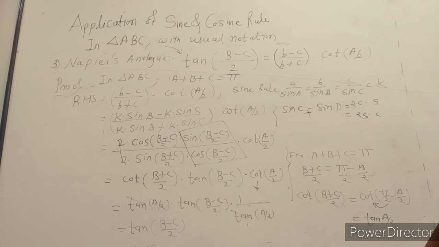This type of question was asked in previous year board question papers for 3 marks. At present this topic is eliminated from your syllabus, but from the point of view of competitive tests, we learn this topic, and it is a very easy topic to understand. In the next period we will see some examples on the sine rule, cosine rule and half angle formulas, means applications of the sine rule and cosine rule. Thanks to all.